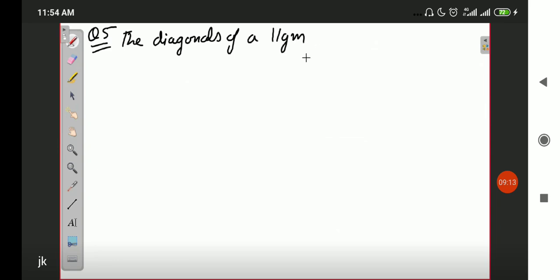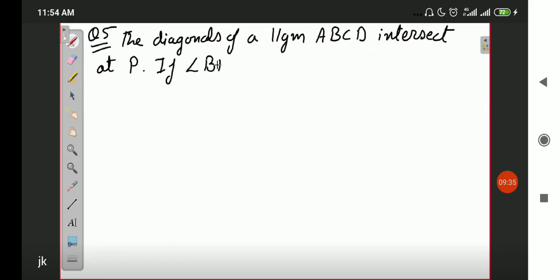Parallelogram ABCD, intersect at P. If angle BPC is 85 degrees and angle BDC is 65 degrees, then you have to find